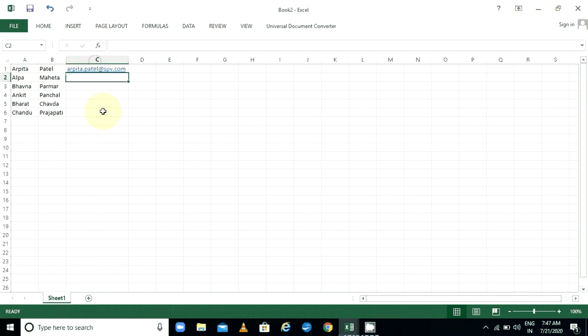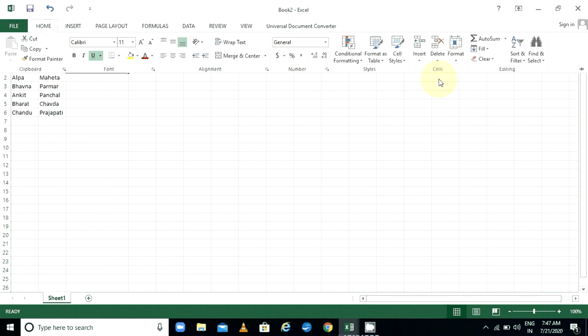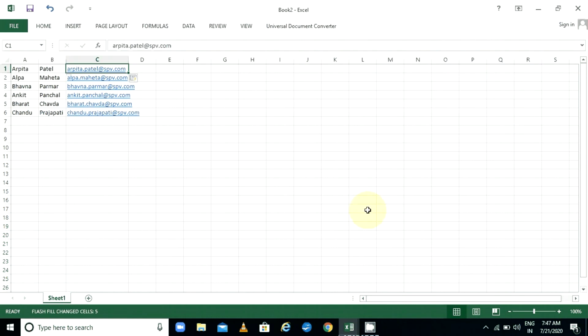Now you want to generate the Flash Fill, meaning the name will come and the email ID will be generated by itself. What you have to do is first go to Home and here you will get Fill. In Fill you will get Flash Fill. See, when you click on Flash Fill, all the email IDs are generated by themselves.